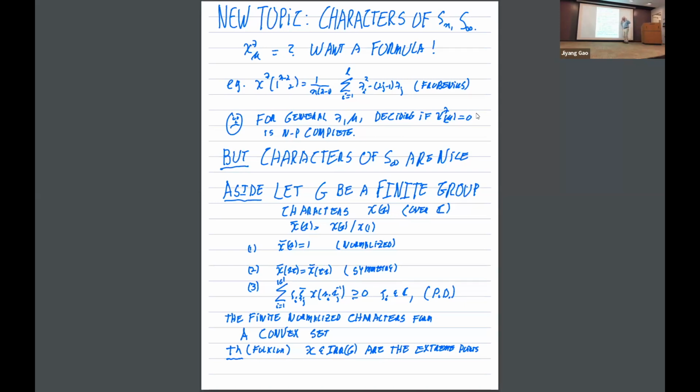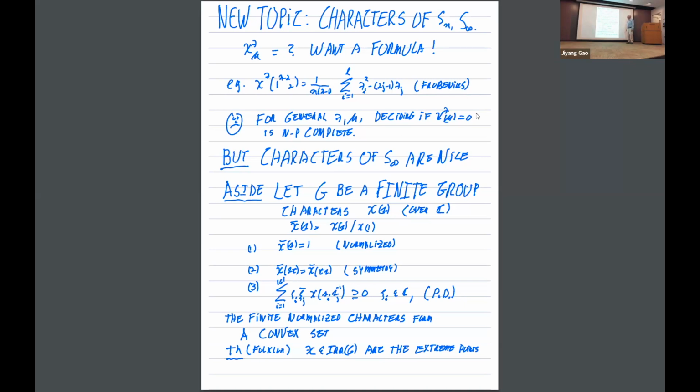Suppose G is any finite group, and it has characters, ordinary characters over C. And suppose I normalize it. That is, I just divide by the value of the character at the identity. So the normalized characters of the group satisfy three properties that you all know. First of all, they're normalized. That means that the identity